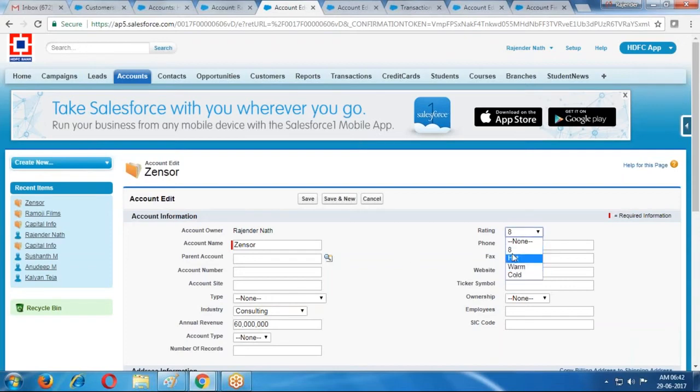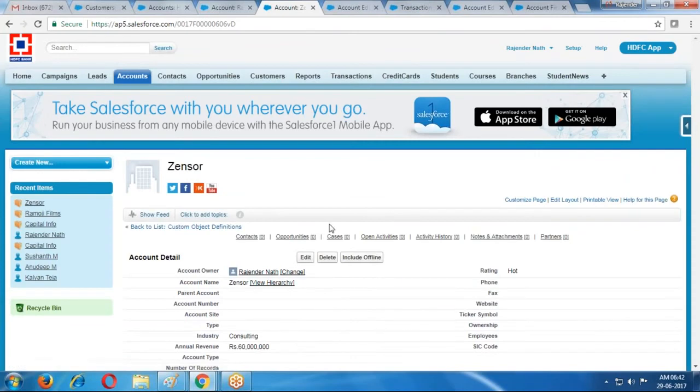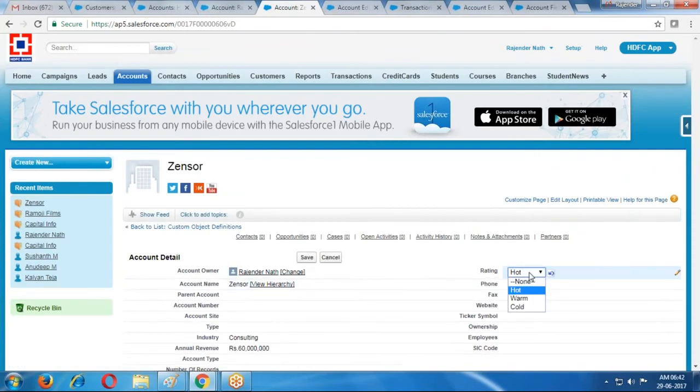So 8 is available only for that specific record. Suppose I change this value, and after changing, I save and edit again.